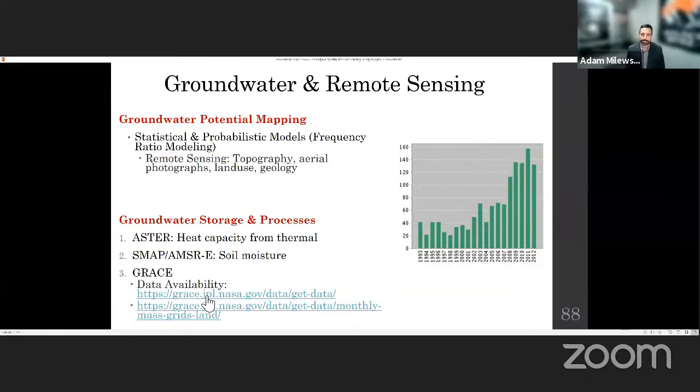That is a series of statistical or probabilistic models. The most common one we call frequency ratio modeling. I can get into that in the Q&A if you would like. But ultimately, you could do this without remote sensing, right? These are just statistical or probabilistic models that state, if I think about X number of variables, call it 10